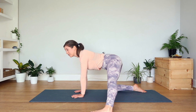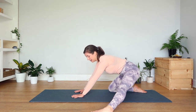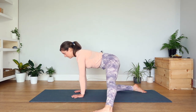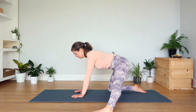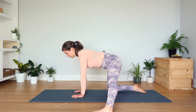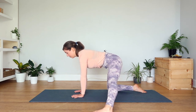So you might keep going just like this, or it might feel nice to start to glide your hips back towards the back of your mat, just helping to open up that hip again. And you can glide forward and back as slow or as quickly as feels good. And then next time that you're back in center, pause there, pull your belly button gently towards your spine, and